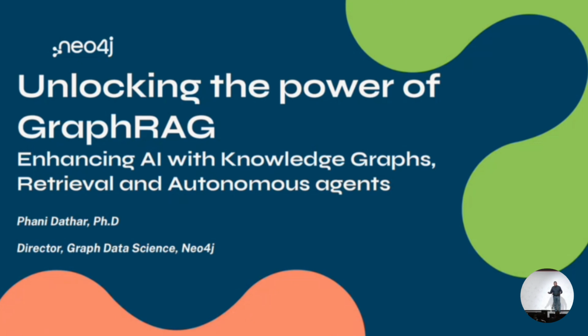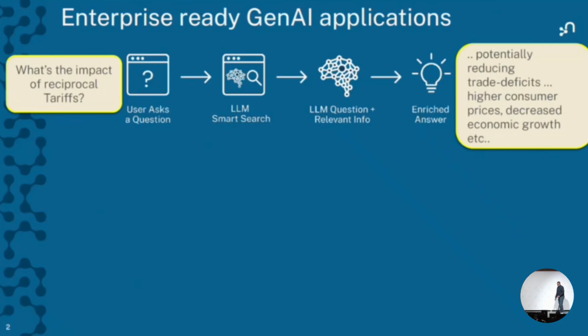And also, when you put all of these things together with the recent advancements that all of us have been hearing about, agentic AI, MCP, etc., how can you take advantage of GraphRAG? When I talk about enterprise-ready generative AI applications,